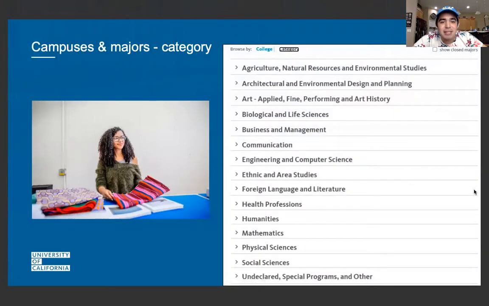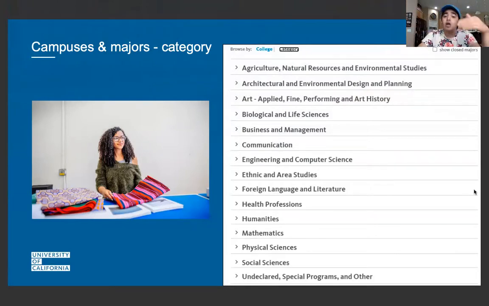All right, campuses and majors category. So these are the different categories, different majors, and they're going to be given to you per campus. So say you wanted to go political science. Political science, very wide, very broad major. You can go through that for each campus and select political science. But if you wanted something more like earth, dynamics of the earth, or whatever it might be, or geology, some majors might be offered in some campuses rather than others.